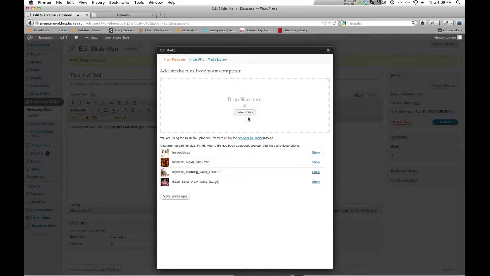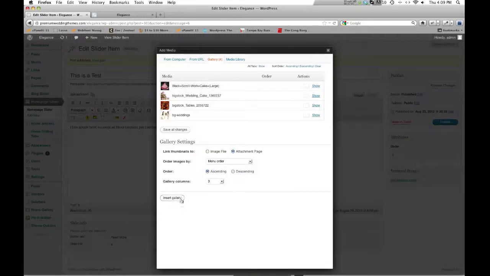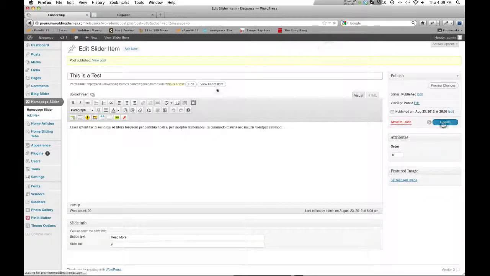I've uploaded all my images, so what I want to do is just click Save. I'm not inserting or anything like that. All I'm doing is just adding to a gallery. And now, once I've done that, I know I've done it correctly, because right here, now I have a gallery tab. Before, all we had was these 3 links from computer, from URL, and from media library. But once you actually upload images, it now creates a new section for you called gallery, and that's what we have. So let me X this out, let me update,